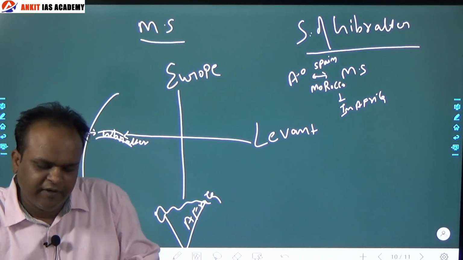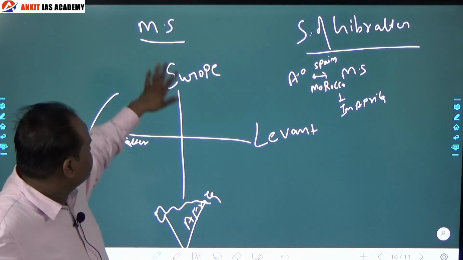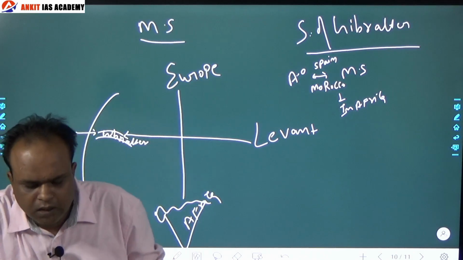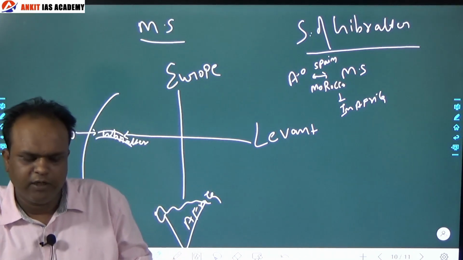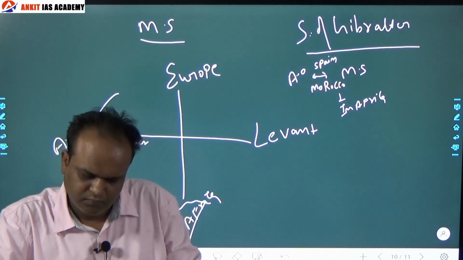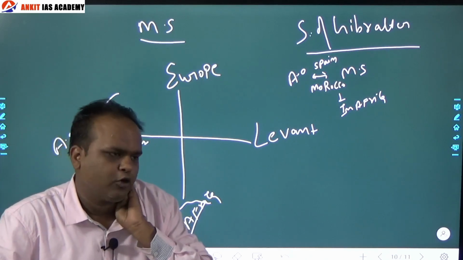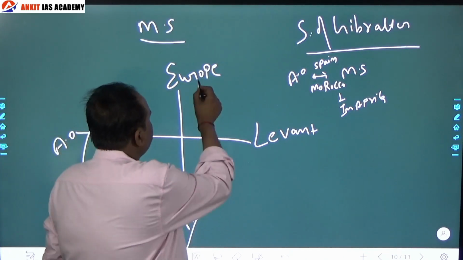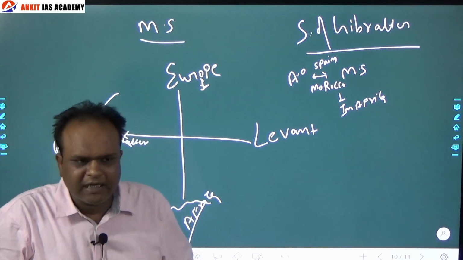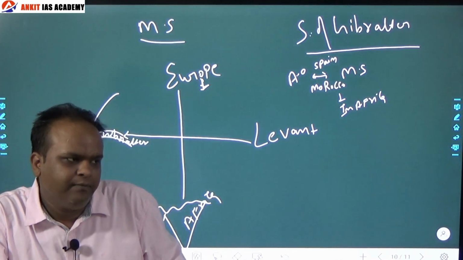It is located between Europe and Africa. This is Africa, this is Europe. Between this is Mediterranean Sea. Mediterranean Sea, located between Europe and Africa. European countries along the sea. Note down. European countries along the sea: Spain, France, Monaco, Italy,